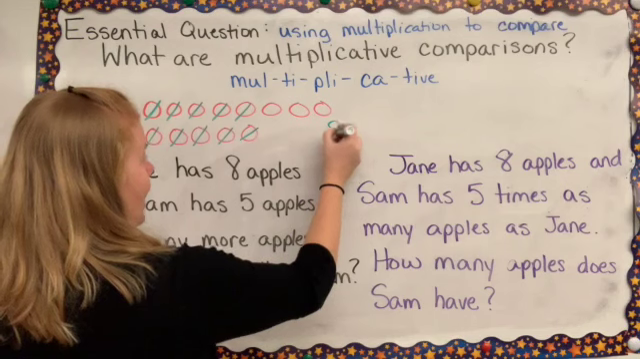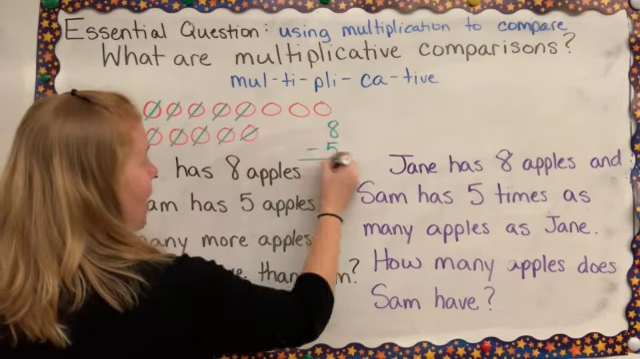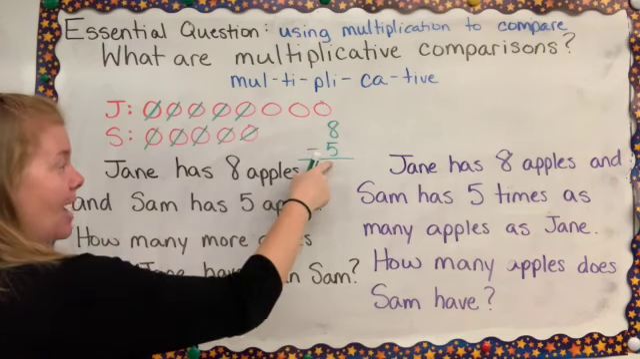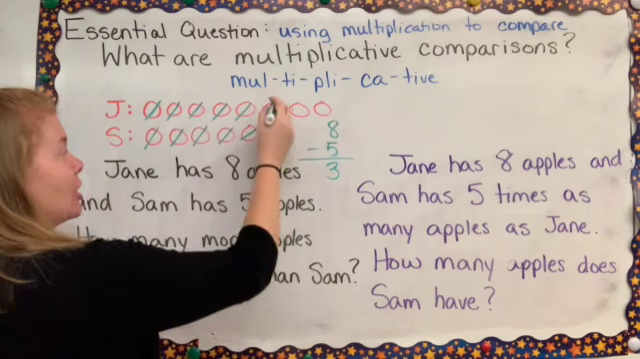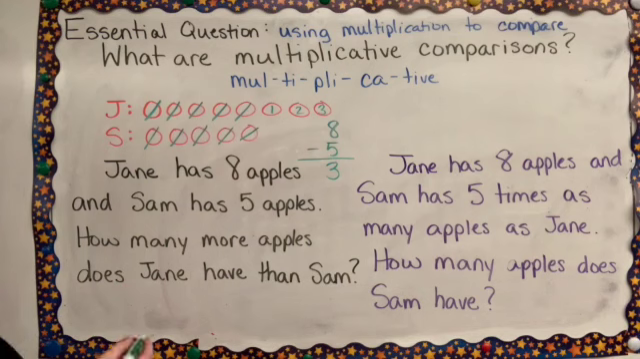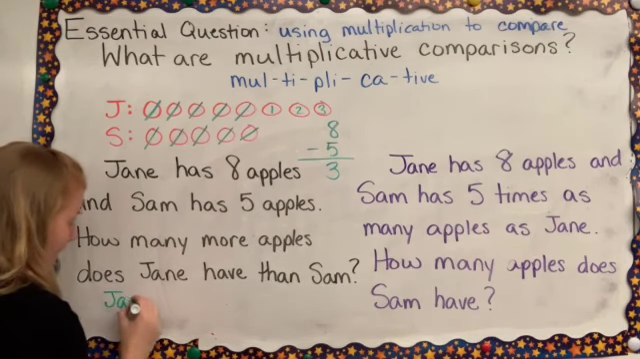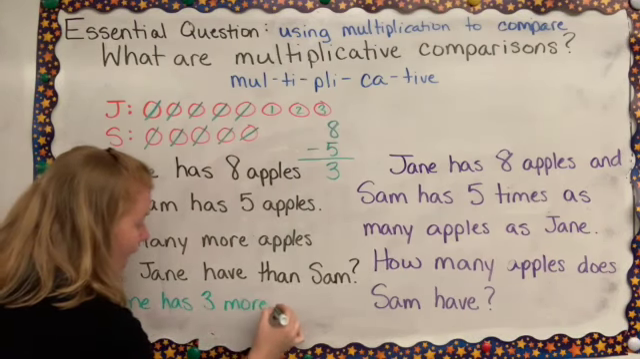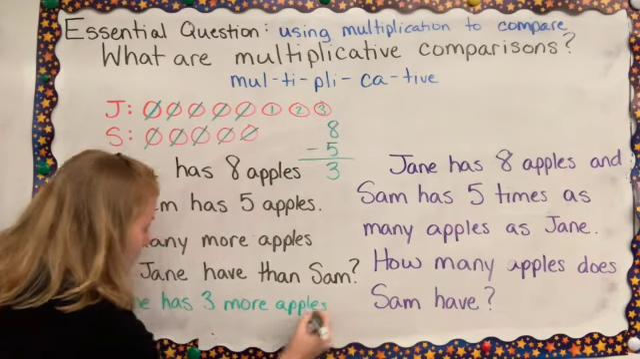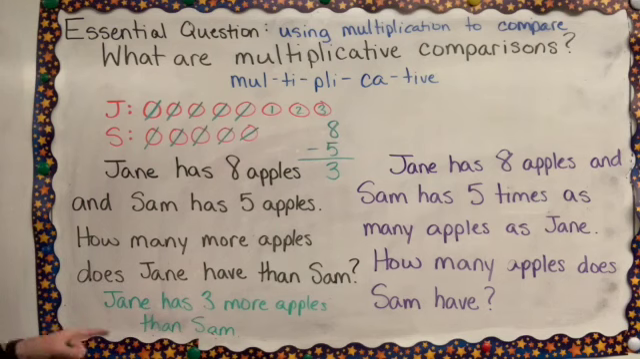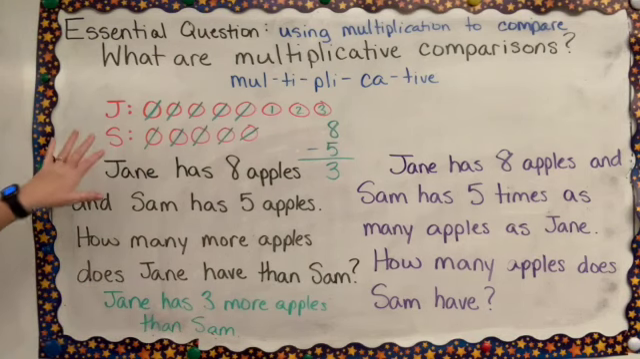If Jane has 8 and Sam has 5, and I want to know how many more, then I say the number that Jane has, subtract the number that Sam has, and I get how many more, which is 1, 2, 3 more. So my answer here is Jane has 3 more apples than Sam. This is something that you have been doing for many, many years, but this is not what we are